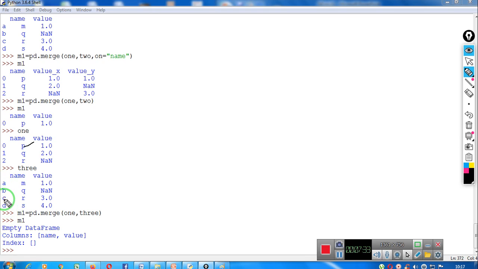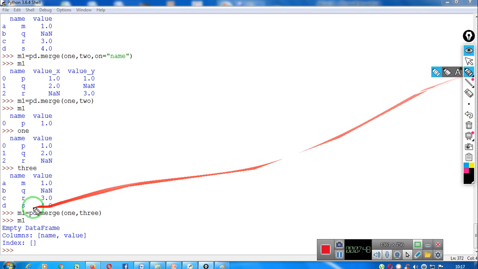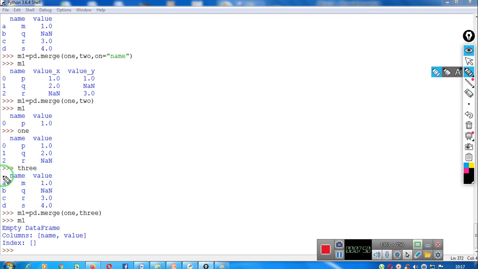You can again give A, instead of C you can again write A. You can give duplicate index numbers. Here you have written 0, again you can make it 0. 1 you have written, you can again make it 1, because these are the row labels. But the index number which is not being displayed, by default it starts with 0. So for the first row, in name I am having P over here, but here it is having M.